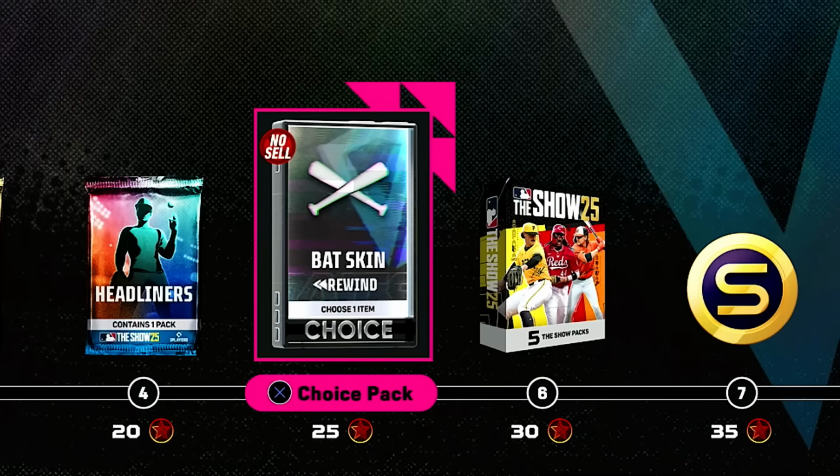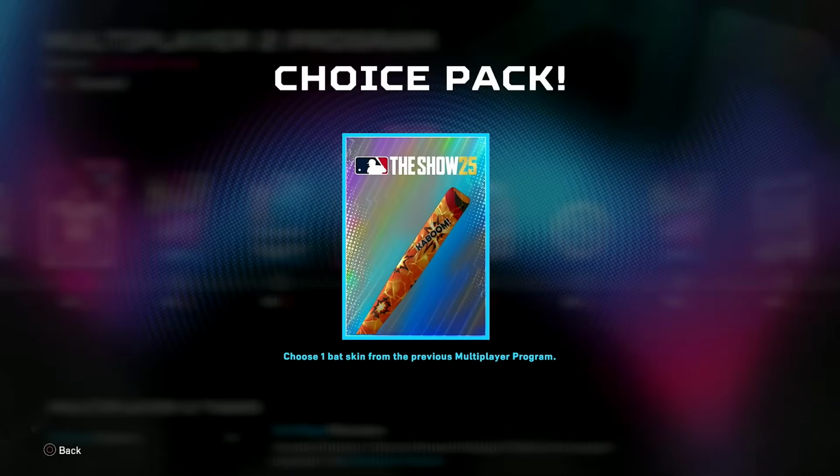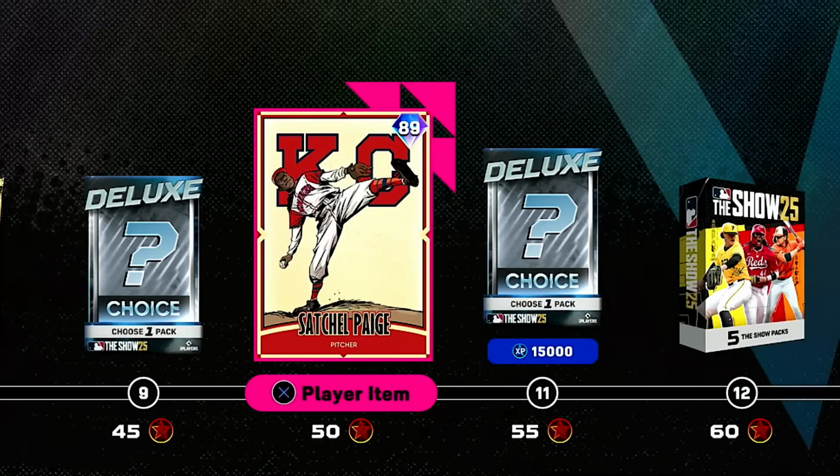Ballin' as a Habit, Headliner. There is a Bat Skin choice pack. The Kaboom Bat, which came out last path, apparently. I kind of forgot about that. We've got show packs, stubs, keep on going, and then there's a Satchel Paige, 89 overall starting pitcher, which is